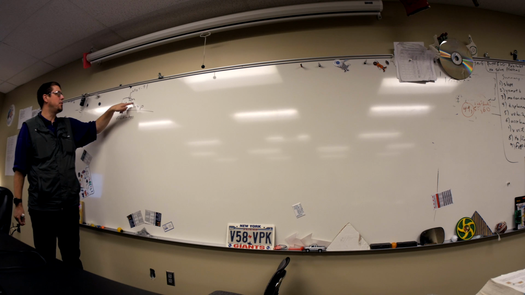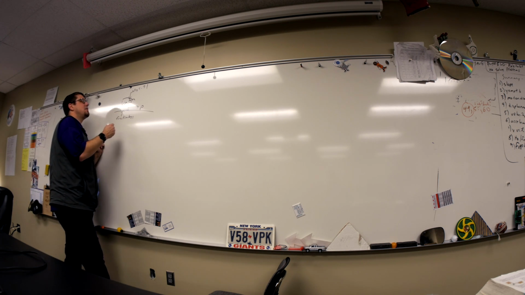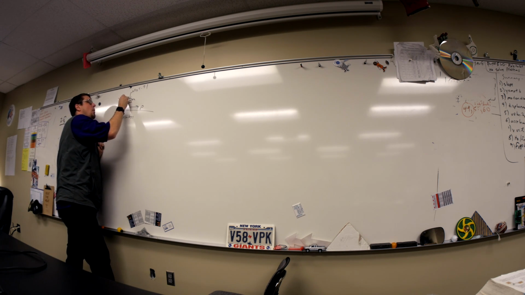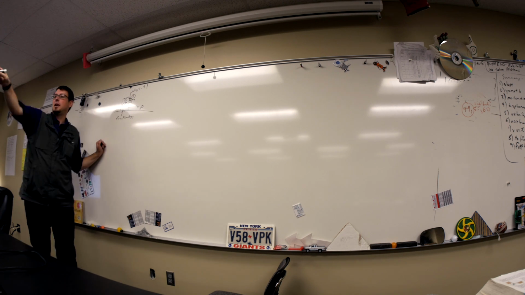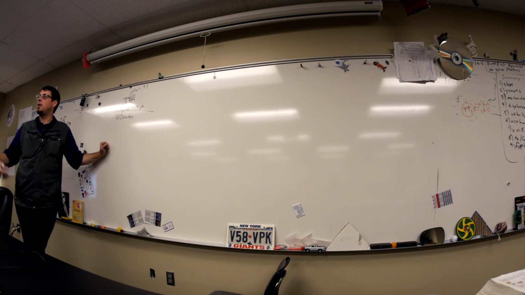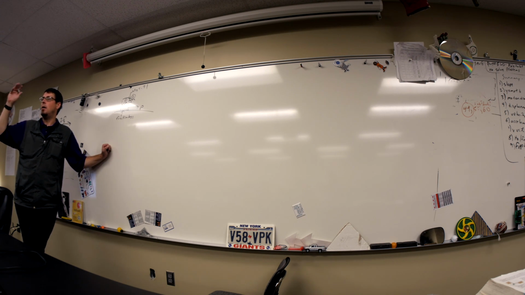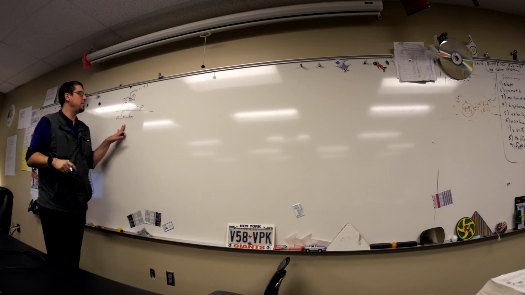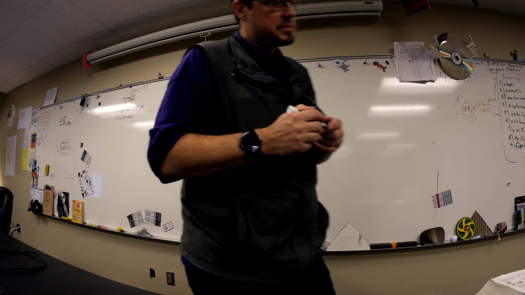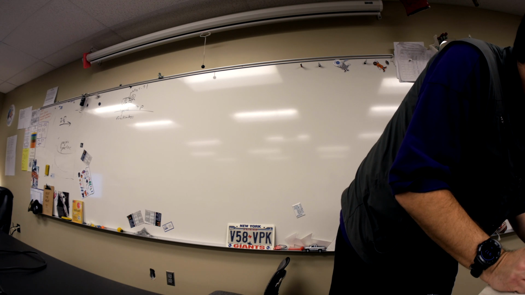So 25 and 4, and for the sake of notation, I'm going to call this block 1 and this block 2. Are you okay with me calling it block 1 and block 2 going forward? I could also call it the 25 block and the 4 block, or A and B, or big, small, whatever. But I'm just going to use 1 and 2. Is that okay? All right. And I'm going to draw free body diagrams. Oh, let me get what we're asked to find. We're trying to find, it says,